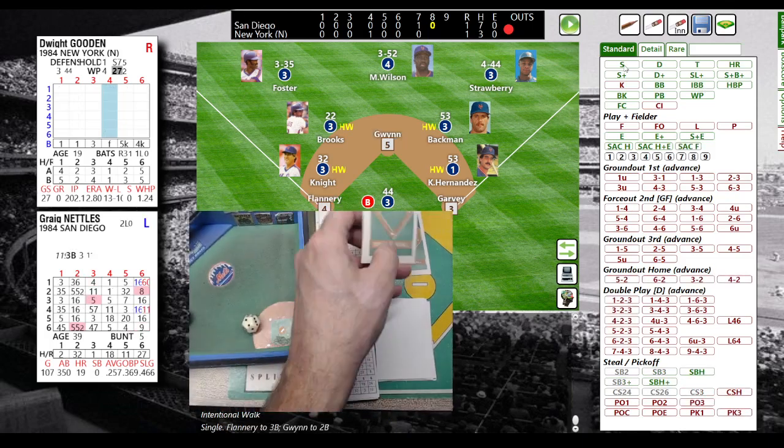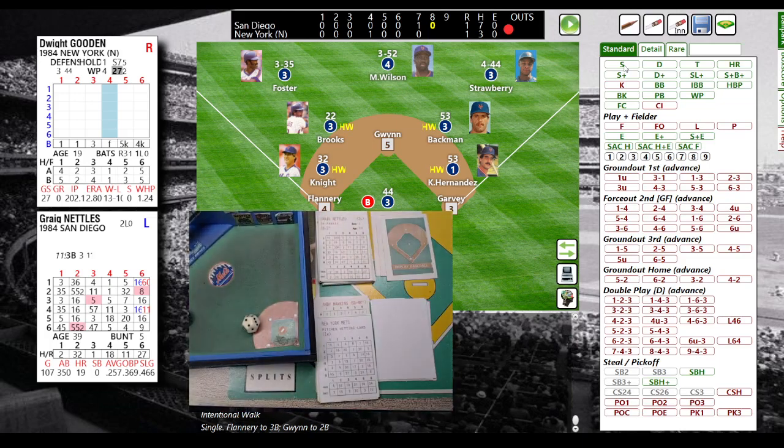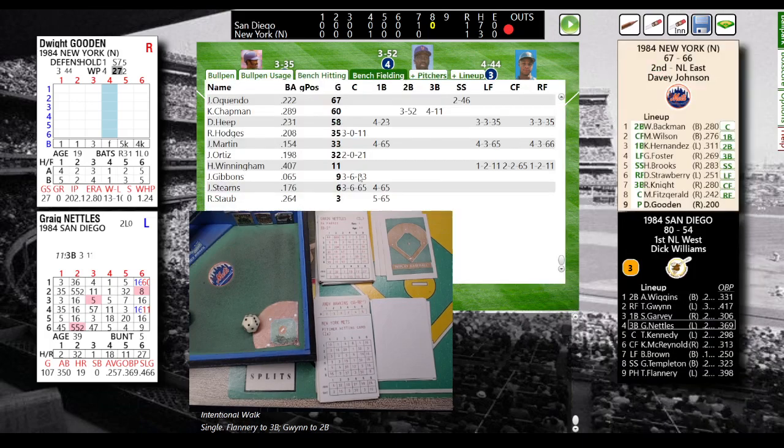Another single to center, hit hard. So holding is Flannery. Bases are loaded for Greg Nettles. Now we could go to the bullpen. Yes, we will. Let's look and see what we got here. Oh, and the next batter, we're going to have to pull a double switch. Let's pull a double switch, and we're going to bring in